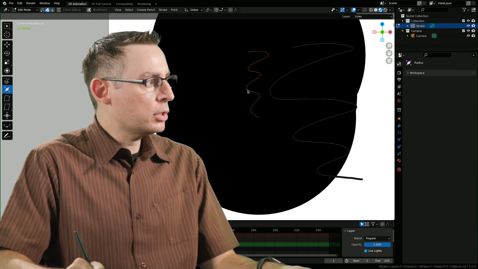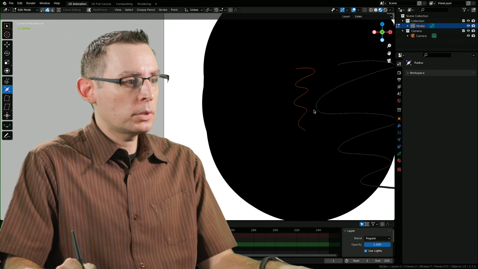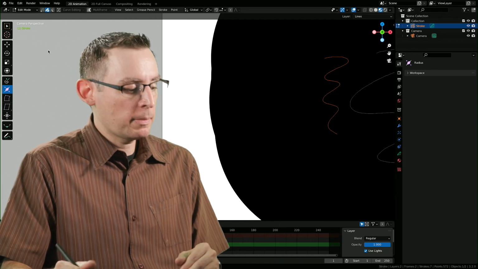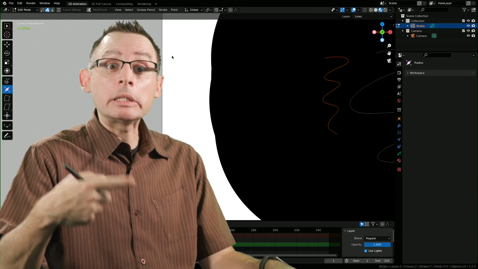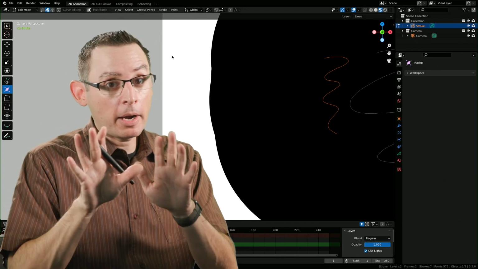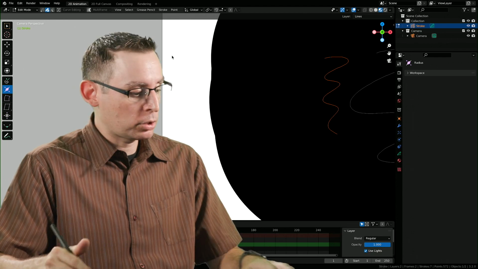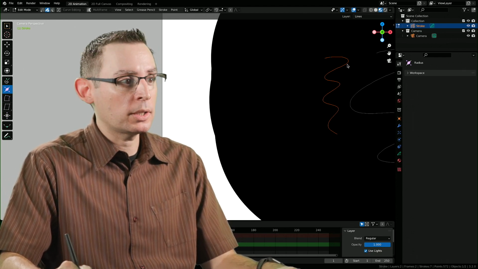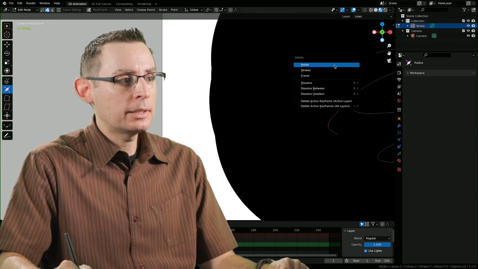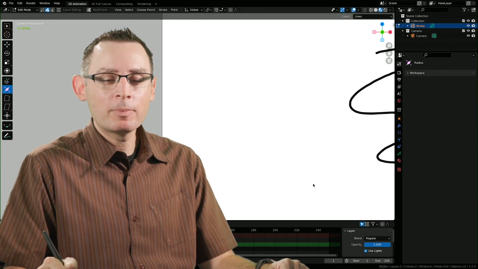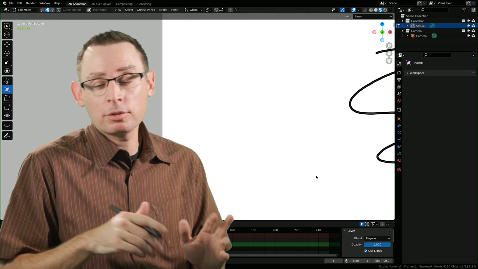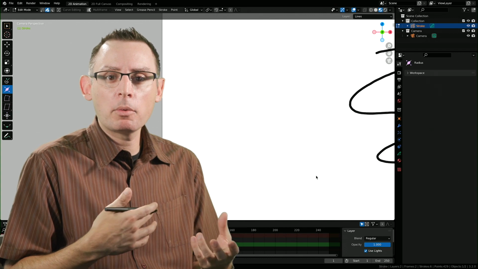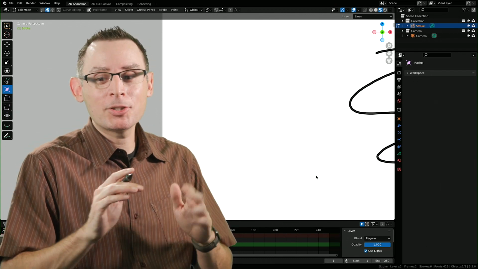Now, if you don't want to use the eraser tool to delete your strokes, you don't have to. Sometimes the eraser tool can be a little bit problematic. There's a keyboard shortcut that will allow us to delete anything inside of Blender. Buyer beware. This is a global keyboard shortcut, and it's the X key. If you have an object selected or a stroke selected, you can hit X and delete the points, and it's gone. So these are the simple drawing tools inside of Blender. Take a couple moments, do some squiggly lines, get comfortable with how they work. That way, when you're ready to start making your animations, you're up and running.